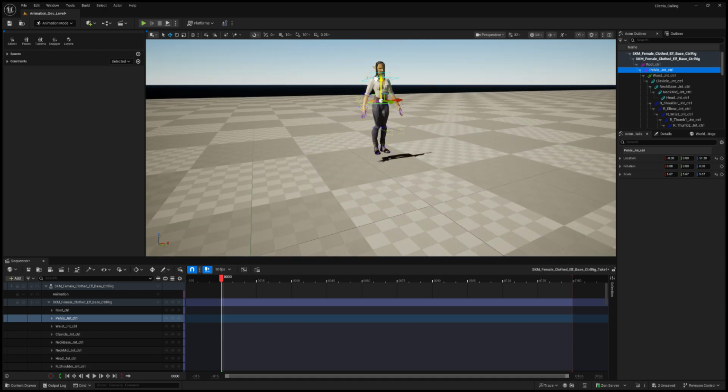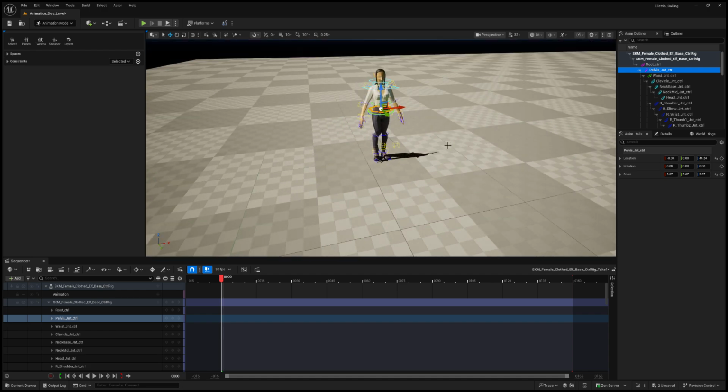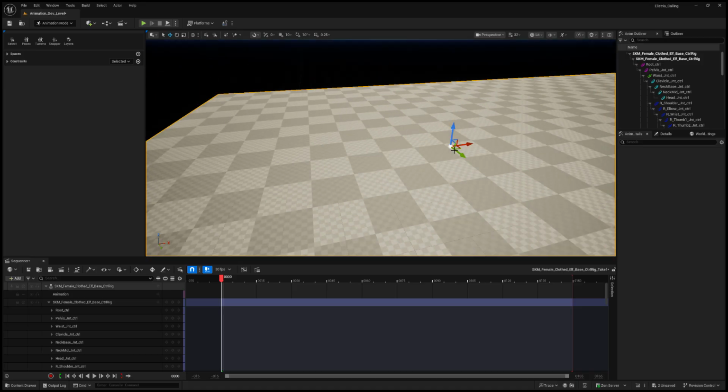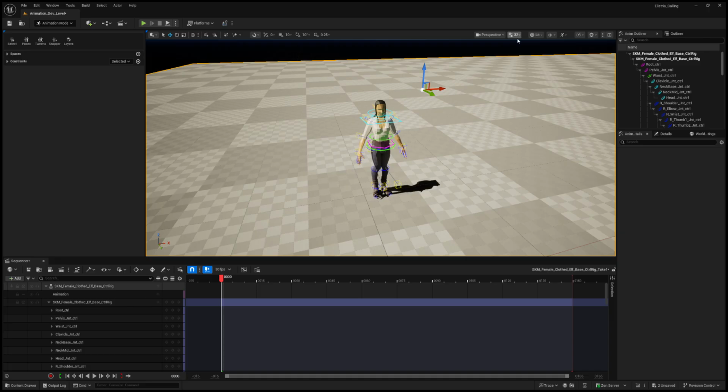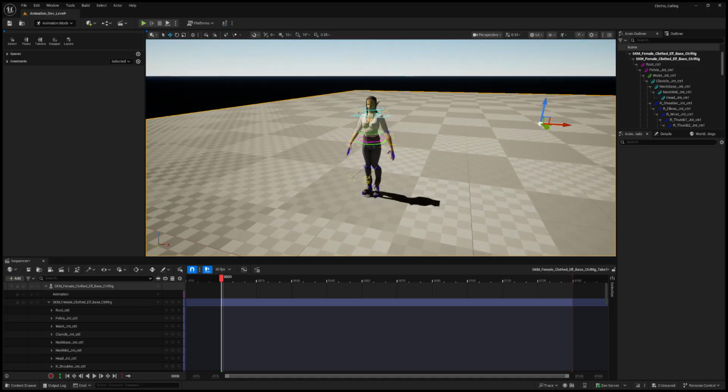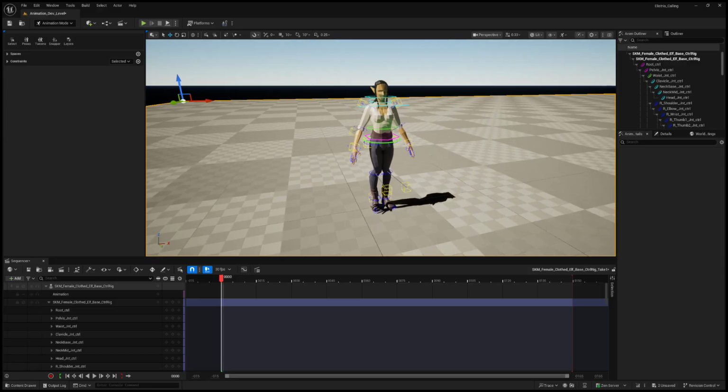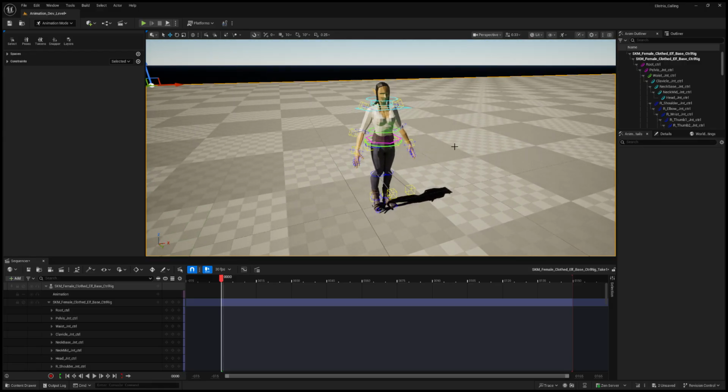Okay, so now that we've got our rig on the plane, sorry, my move speed is like insane. Okay, there we go. So now that you've got your rig set up here,